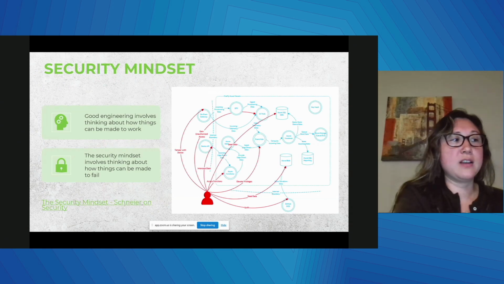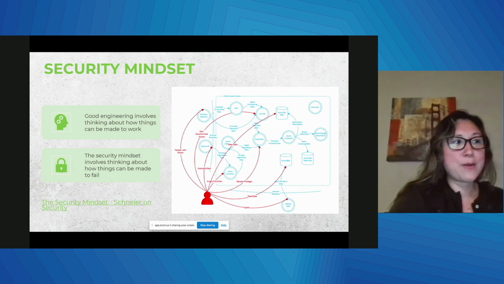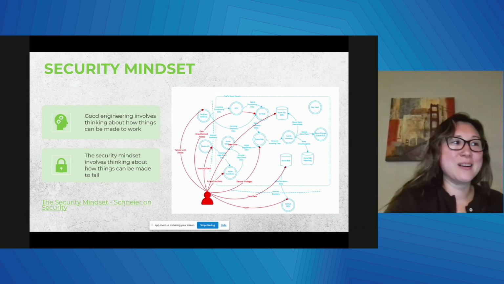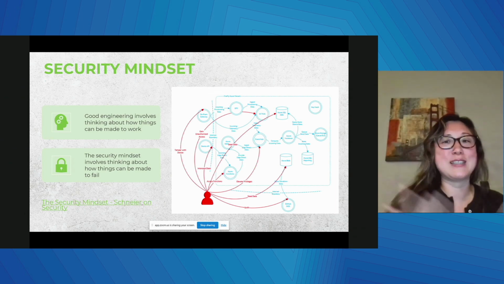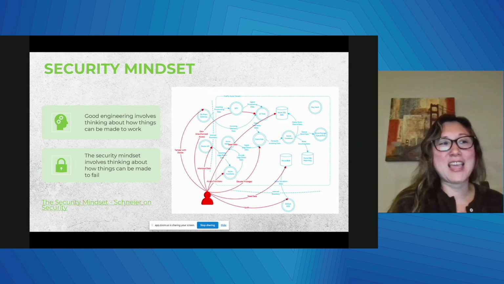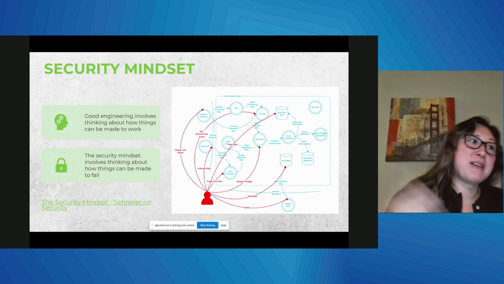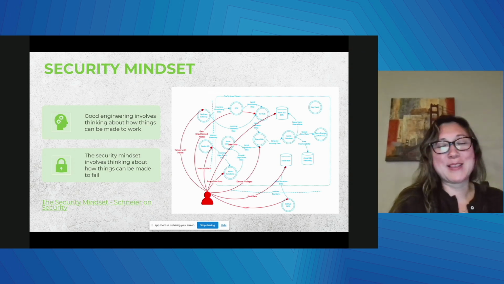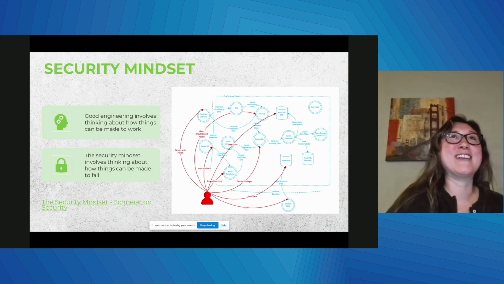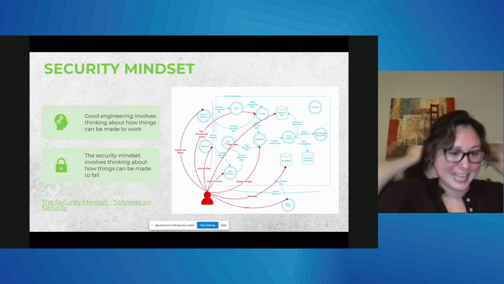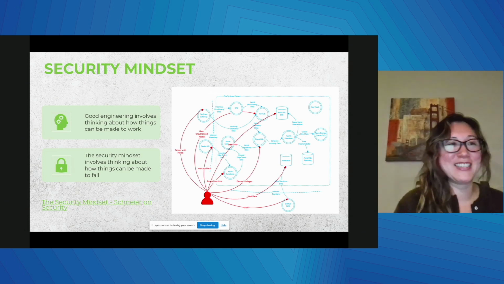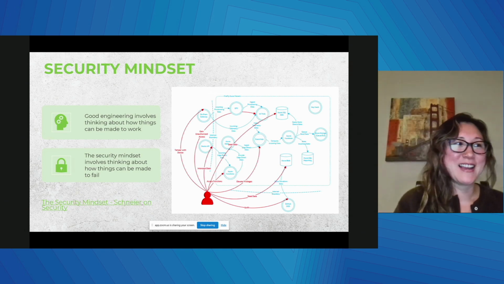All right, so jumping on, we're going to be talking a little bit about the security mindset. Security requires a particular mindset, right? Good security professionals just see the world differently. We can't walk into a store without noticing how maybe we can shoplift, can't use a computer without wondering about the security vulnerabilities, can't vote without trying to figure out how we can vote twice. We can't help it. It's just the kind of mindset that we have as security engineers.